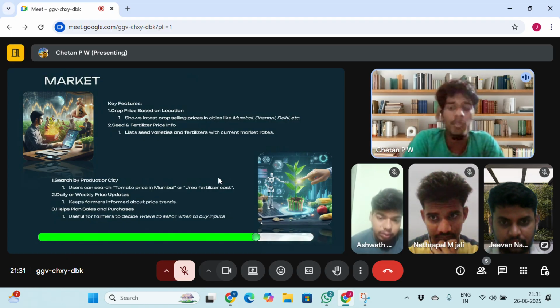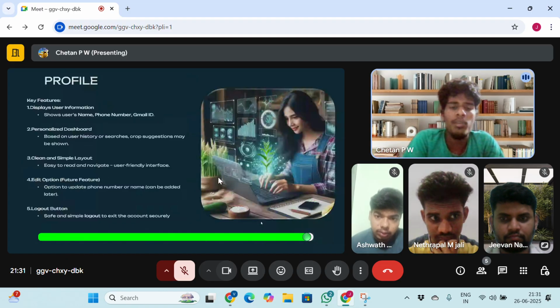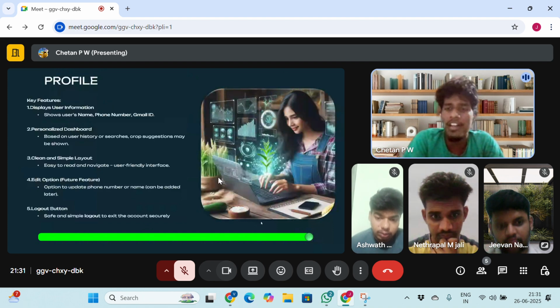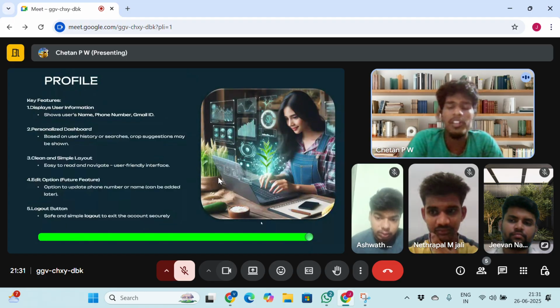The next is the profile, which is not the most important, but it will tell the valid users who is using it. On clicking the profile, it will show some private details, or what we call terms and conditions accepted by the users, and the name of the person. It can include the gender also if we allow it, but we are making it simple, so we will not include it. And there will be its Gmail and a phone number,